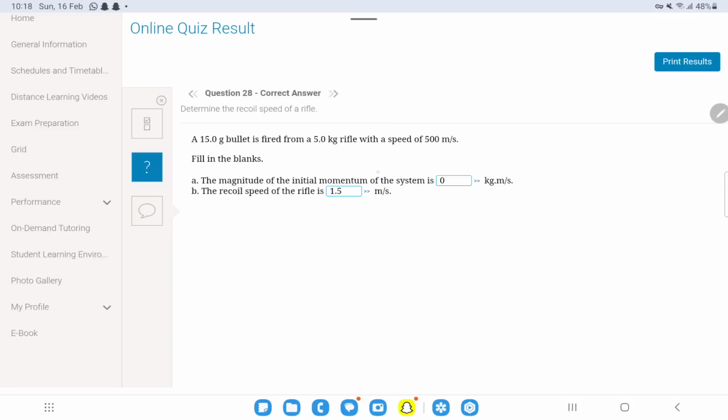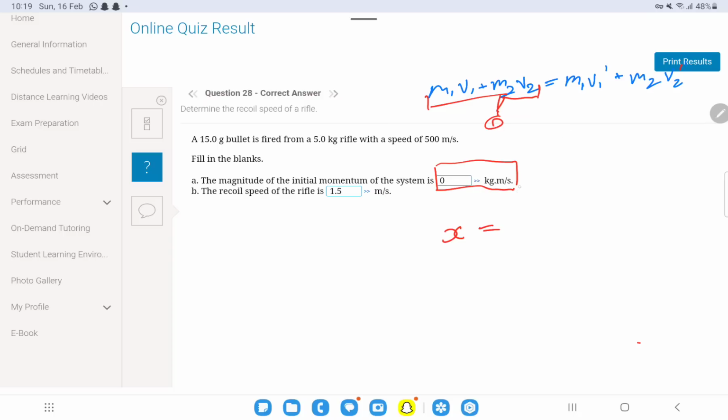So since they're both at rest, the total momentum of the first side, m1 v1 plus m2 v2, equals m1 v1 prime plus m2 v2 prime. Since they're both at rest, the total momentum before the collision, before the action, is 0. And then they want the recoil speed of the rifle is x meters per second. So we said in the beginning it's x,